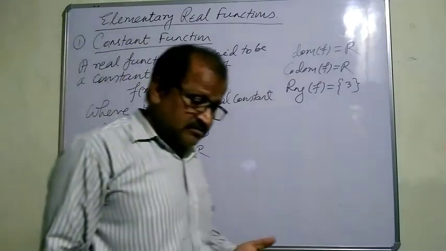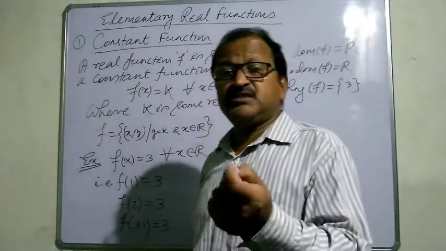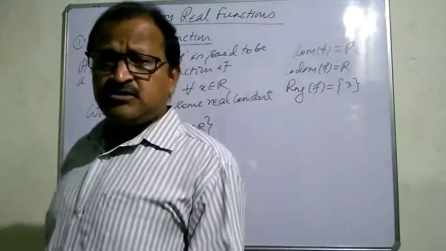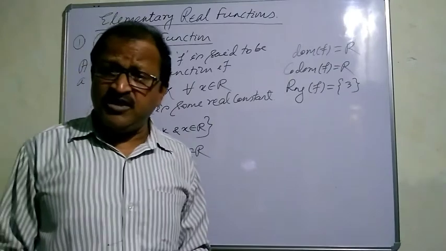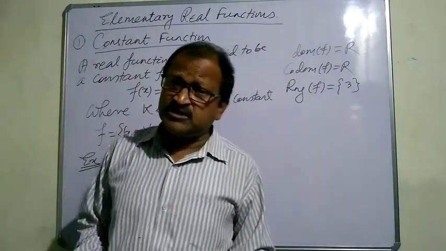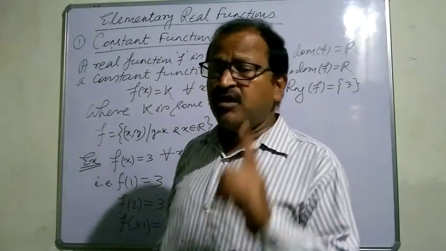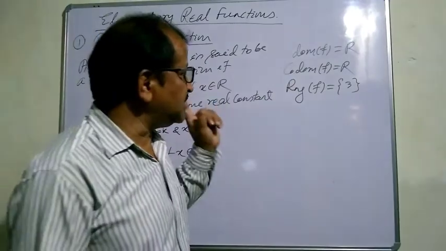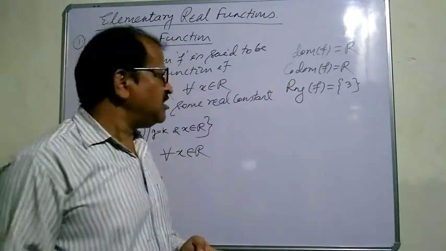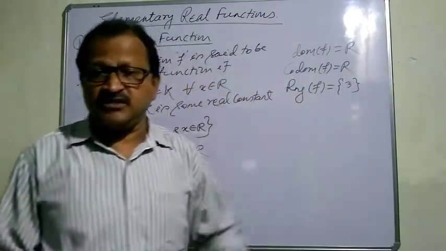One may ask, what is the cardinality of the range of a constant function? He may be asked, if the function is not given, how to find out the range? Yes, since it is a constant function, its range is a fixed number, a single number, so its range is a singleton set. So its cardinality must be 1. Okay, so the range of f is a singleton set like this.